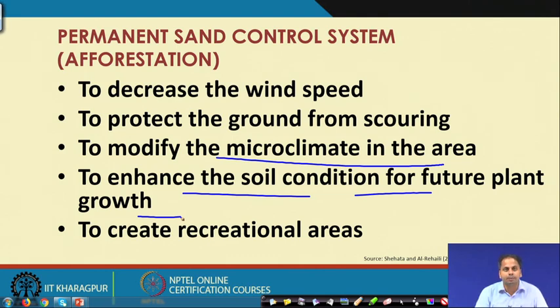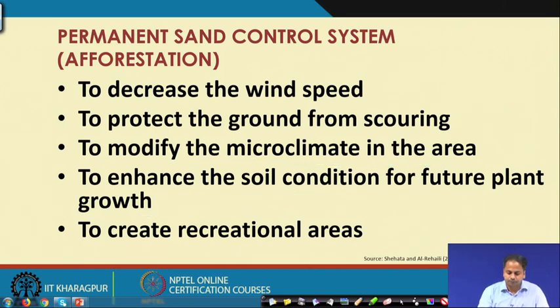First, to decrease the wind speed; then to protect the ground from scouring; then to modify the microclimatic conditions over that area; and then to enhance the soil conditions for future plant growth. Sometimes it can also be used to create a recreational area. These are the goals of the permanent sand control system.